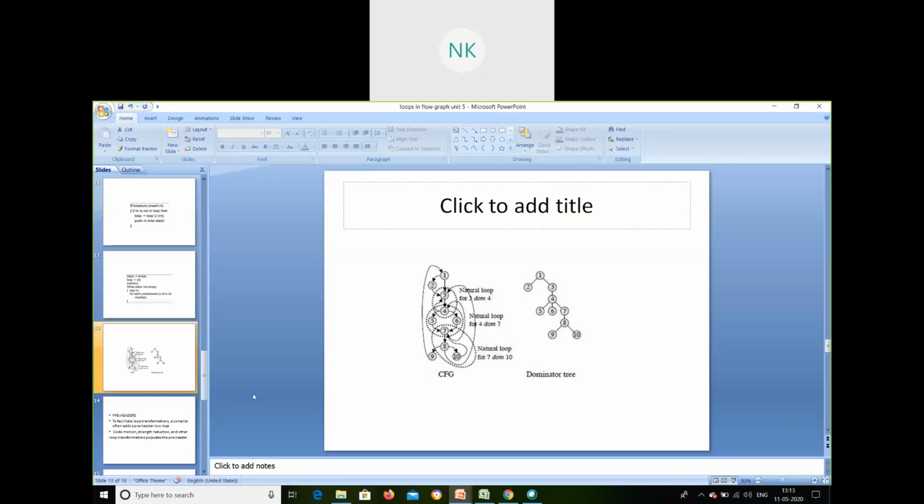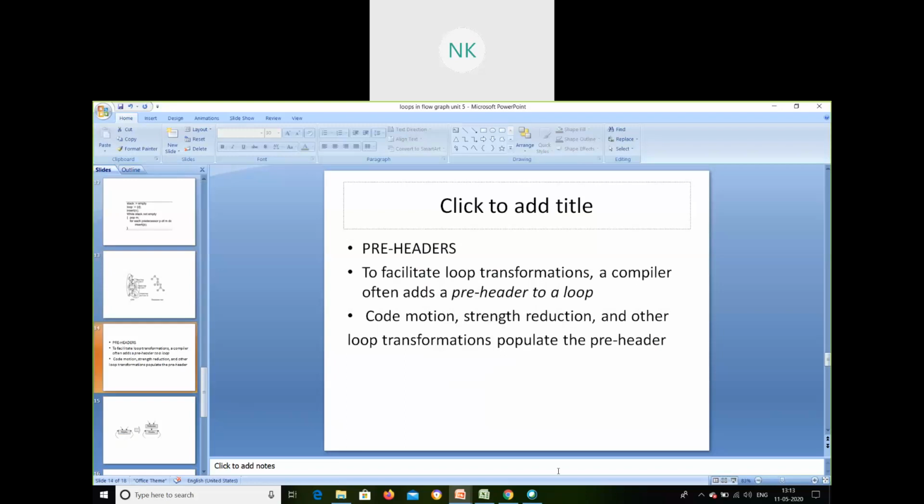Okay, and the next one is the pre-header. What a pre-header is: to a header, we will be putting up another block which we call a pre-header. We have discussed anticipation as a concept. Remember that we need to find it for lazy code motion that we have discussed, right? We have to find the anticipation. Anticipation is something where we need to know the expression which is going to be redundant.